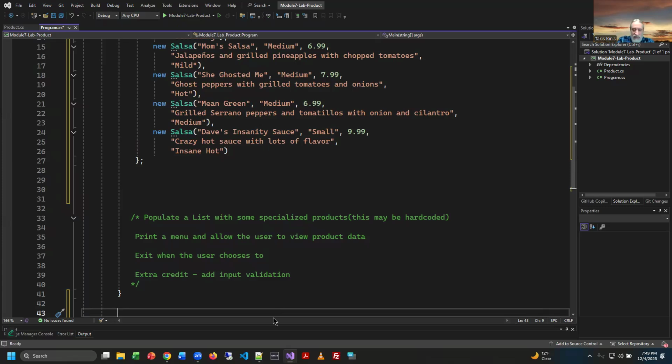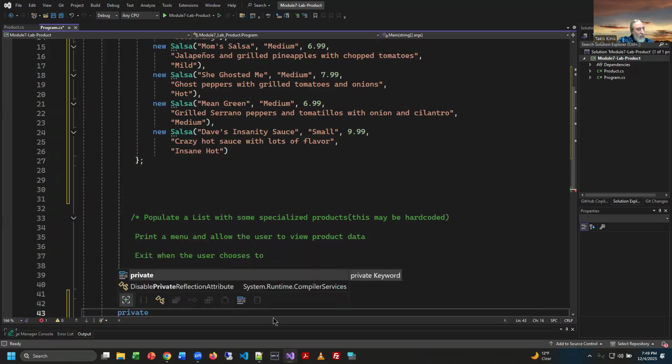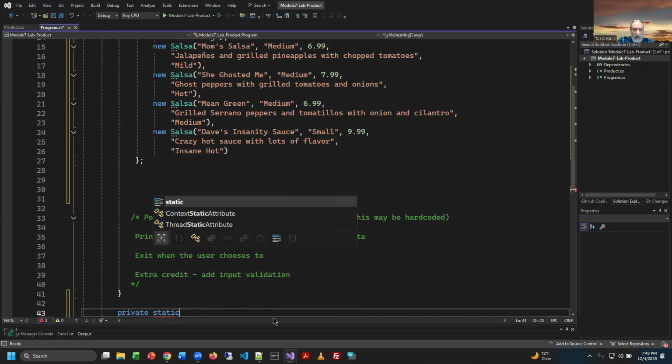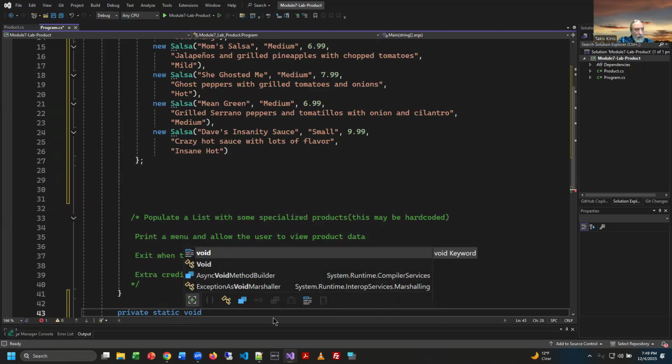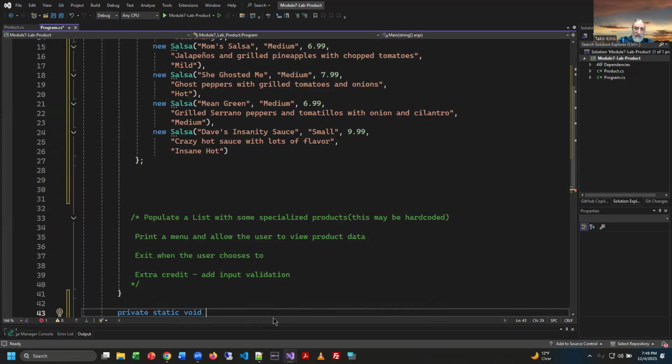I'm going to make this private. This is only going to work internally. It'll be static. We're not going to be changing anything about it. It's not going to return anything. It's just going to put text on the screen. And I'm going to call it PrintMenu. And then we'll do that, right? And then,